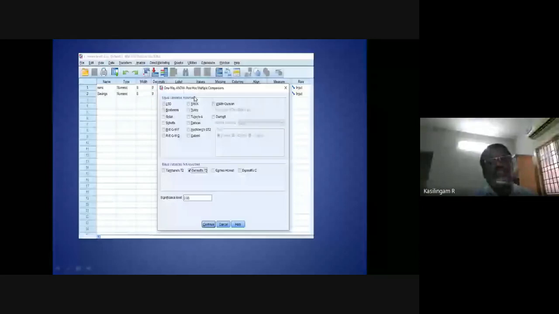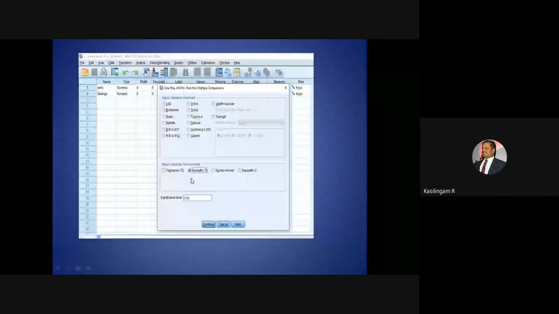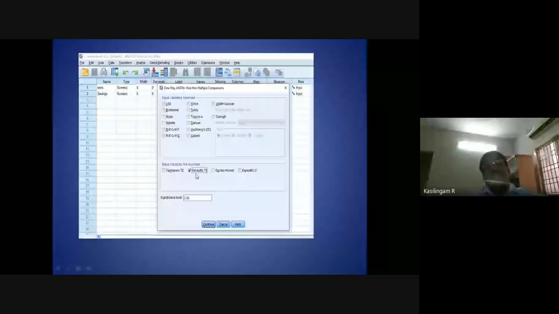So, we have to select the post hoc which is available under equal variance not assumed. So, here I am selecting Tamhane.